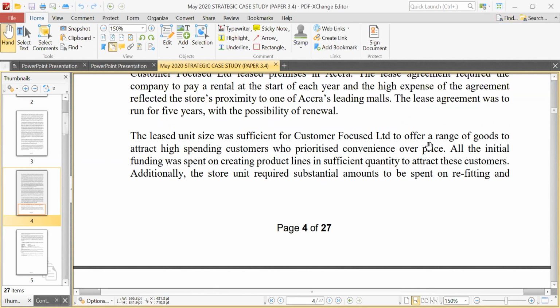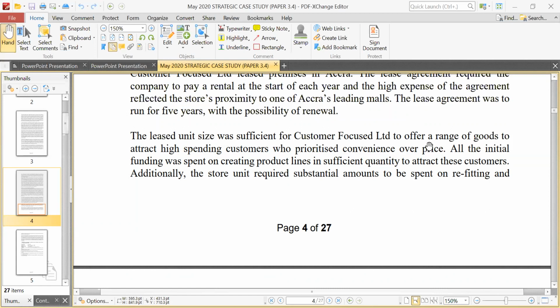So for these people, price is not their main thing, it's rather convenience. But I guess Customer Focus Limited, so I'm just wondering why they went for the loss leader pricing strategy, like selling at a loss. But probably it was because they wanted to enter into the market. So should they be thinking of revision of their pricing strategy at this point? That's something that stood out for me.